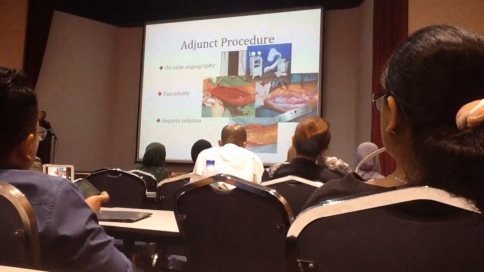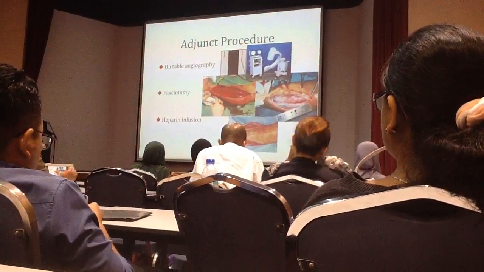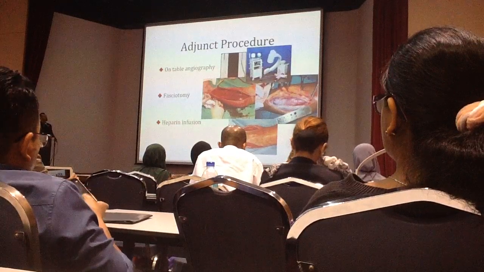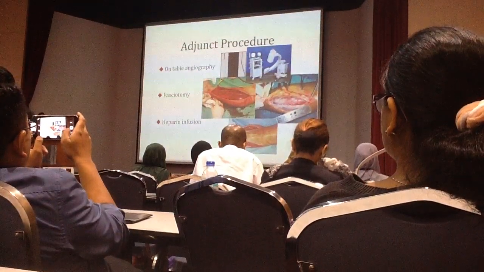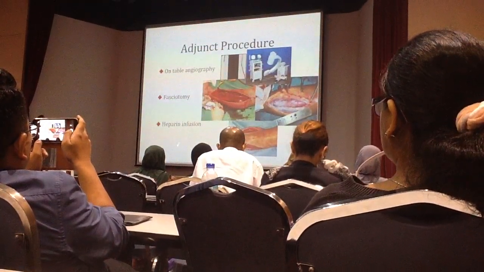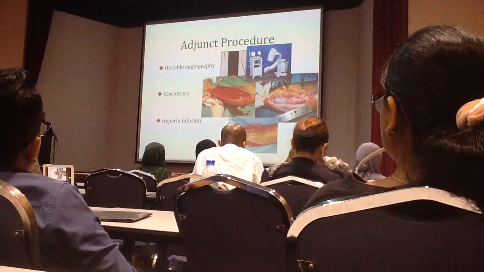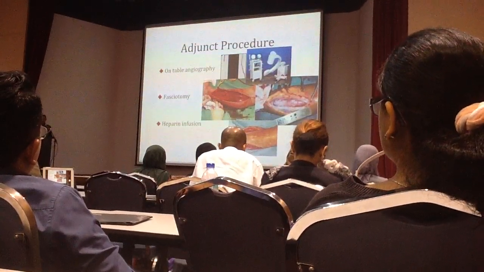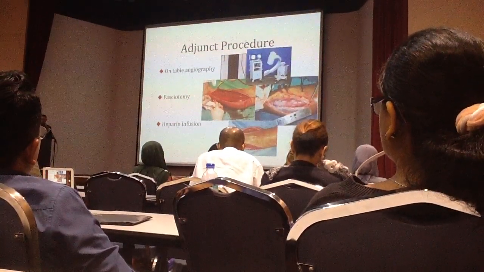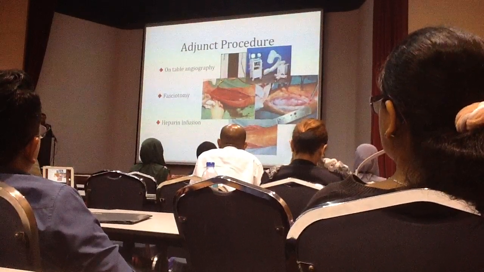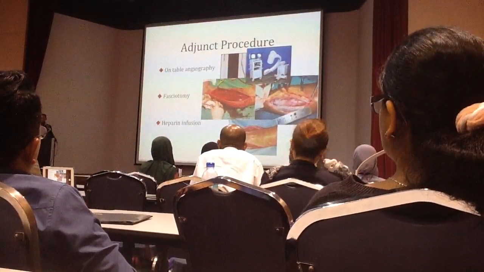So what are the adjunct procedures that we can do following your embolectomy? On-table angiogram, you can do fasciotomy, and heparin infusion. The on-table angiogram, provided that you have a good fluoro machine in the OT, you may require the angio